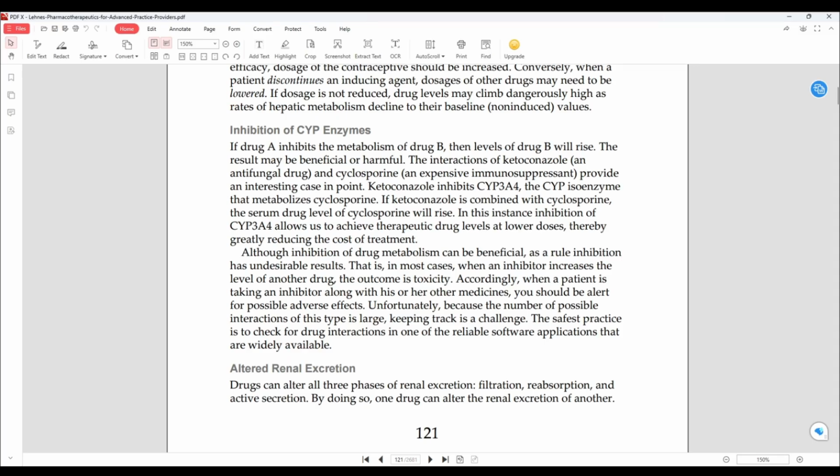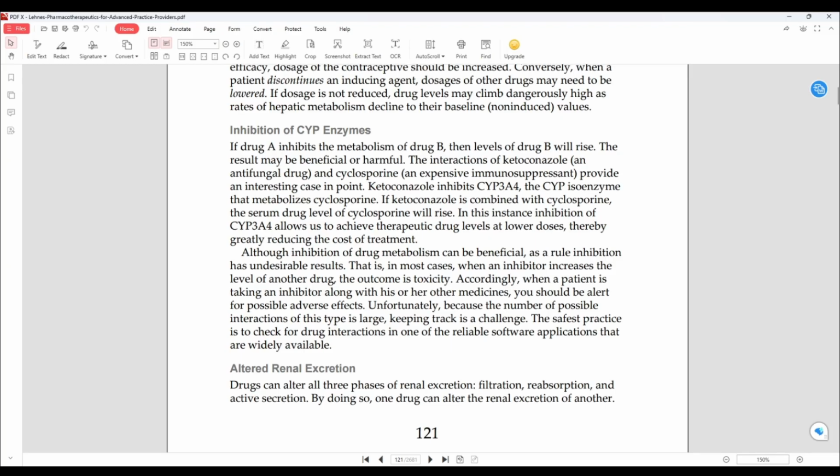Ketoconazole inhibits the CYP3A4, the CYP isoenzyme that metabolizes cyclosporins. If ketoconazole is combined with cyclosporin, the serum drug level of cyclosporin will rise. In this instance, inhibition of the CYP3A4 allows us to achieve therapeutic drug levels at lower doses, thereby greatly reducing the cost of treatment. Although inhibition of a drug metabolism can be beneficial, as a rule, inhibition has